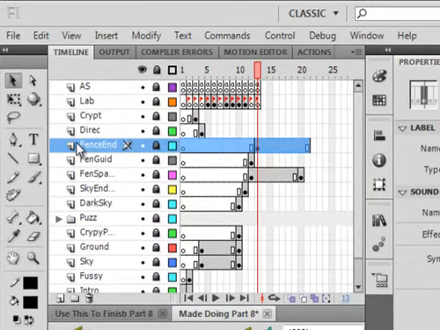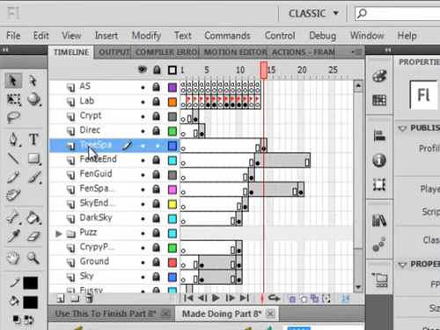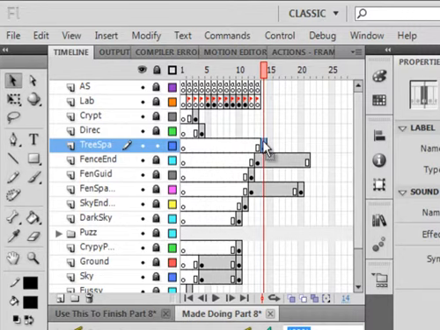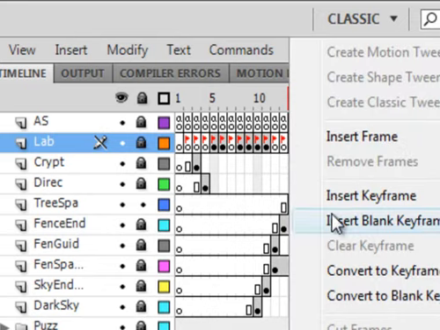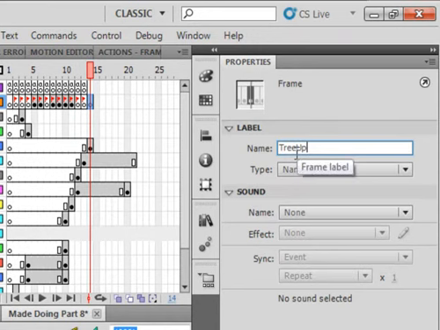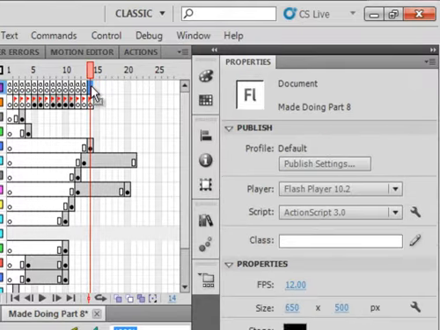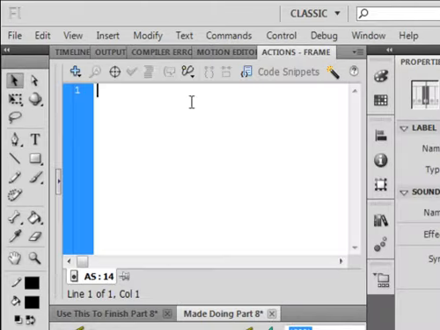insert a new layer, call it tree spar, and on frame 14 put a blank keyframe. Insert a blank keyframe here on the labels layer, select that layer, open the properties panel, call it tree up. Go to the actions layer, insert a blank keyframe, open the panel, put a stop in here,